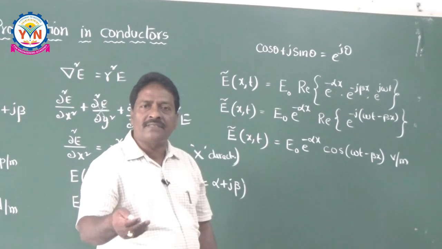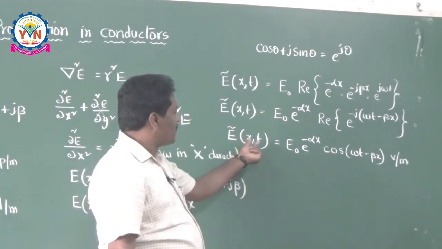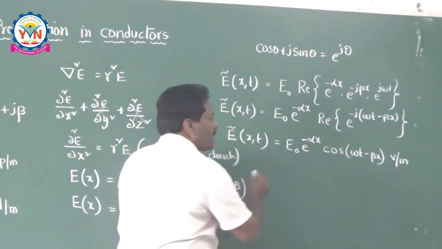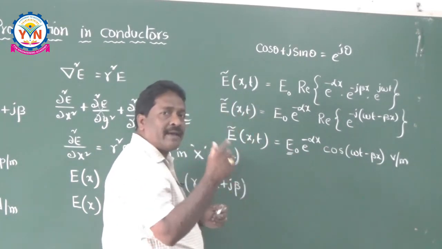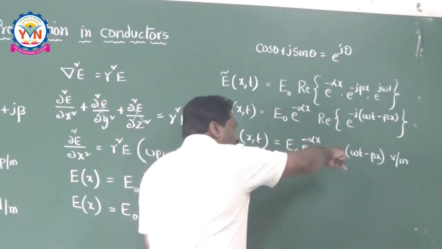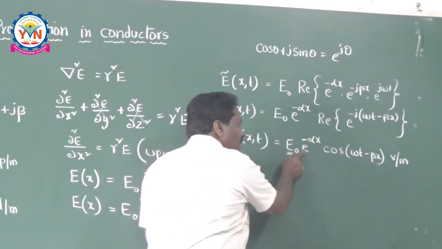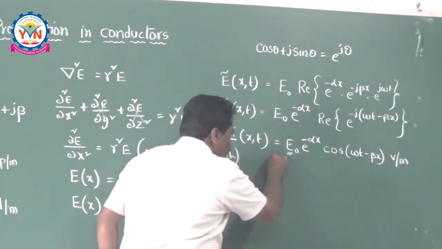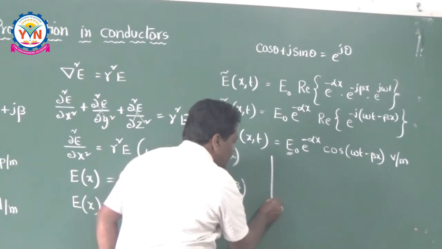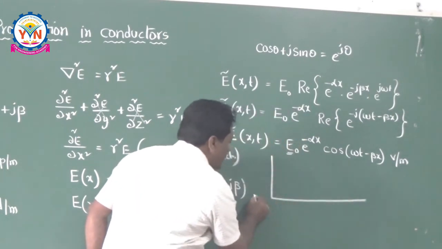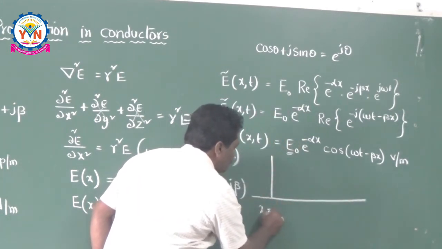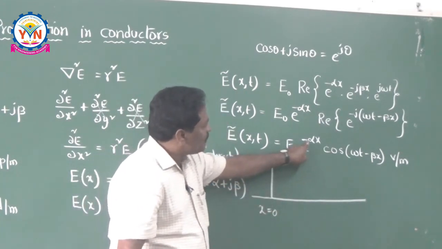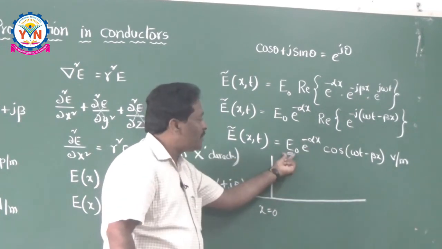Now what is your observation here? The observation is very simple. Whenever the wave is propagating in x direction, its magnitude is not E naught. Its magnitude goes on decreasing because it is multiplied by the factor e to the power of minus alpha x. That means, suppose if you see this interpretation here, let me say this is at x is equal to 0. If it is at x is equal to 0, that means e to the power of 0, it is 1, means its amplitude is E naught.